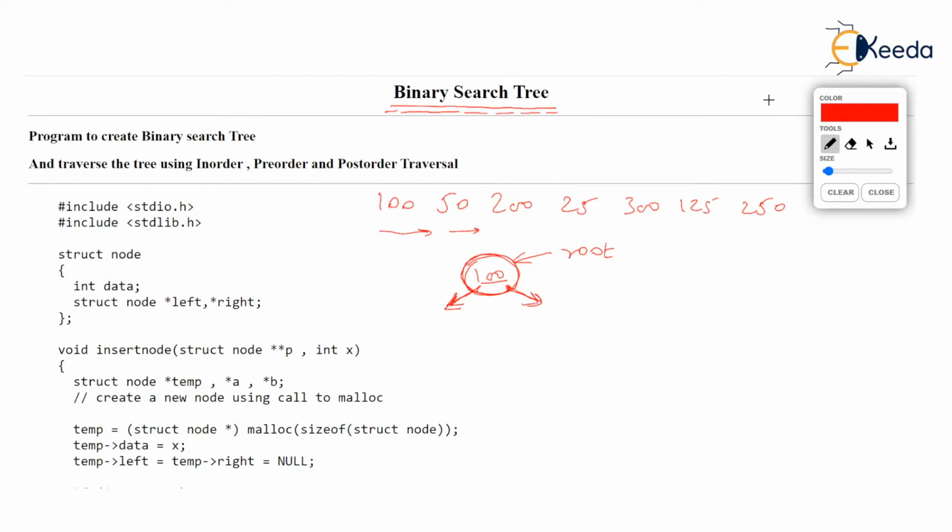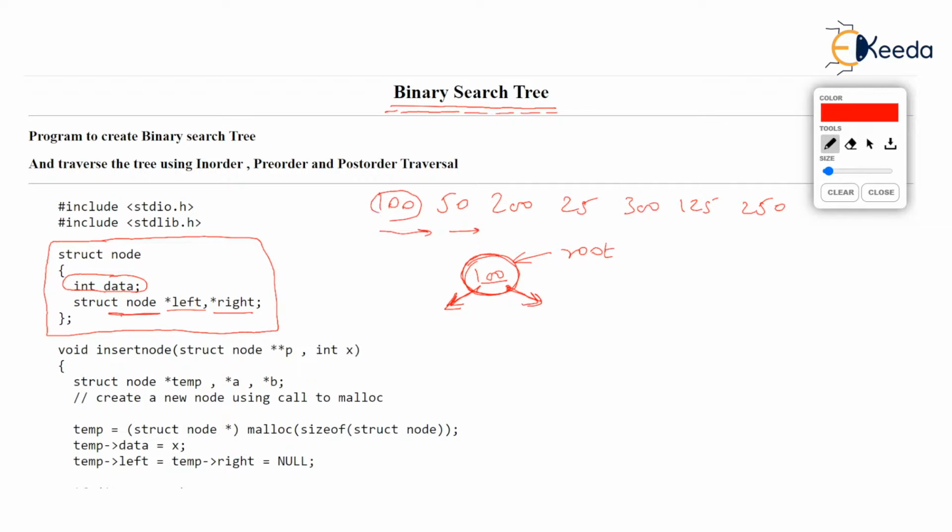You can see in the program of binary search tree, which we will see in this video, a structure node which contains integer data. Every node has integer data and two pointers, left and right, which can point to any node. Anyway, back to our binary tree construction. 100 was added as root.